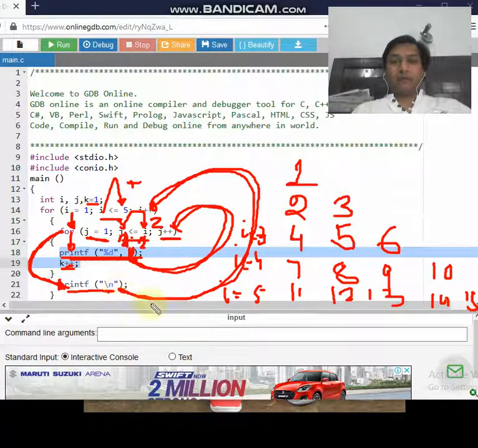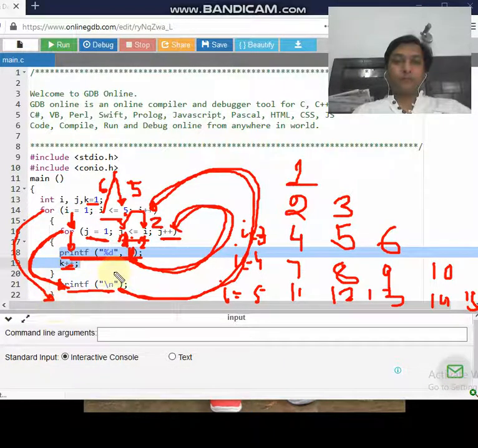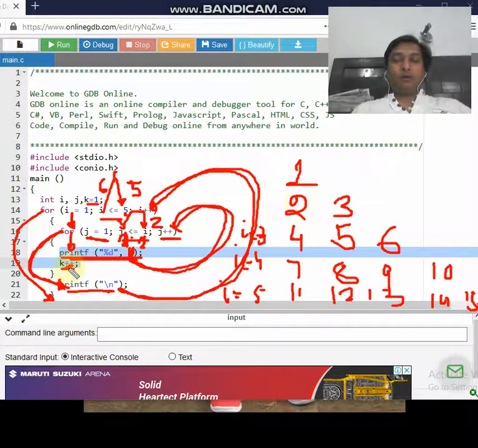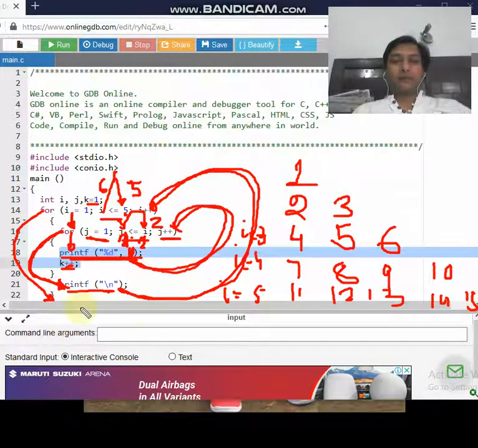Then when control reaches the outer for loop again, the value of i gets incremented from 5 to 6. This time the condition becomes false, because the maximum value taken is 5 and the value of i is now 6. So when the condition becomes false, the outer for loop terminates, and the control reaches outside the outer for loop, where only a getchar function is written.